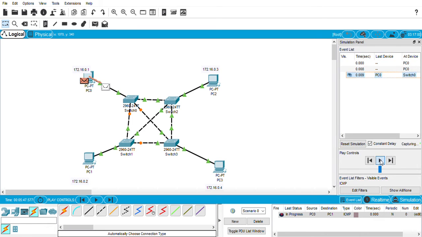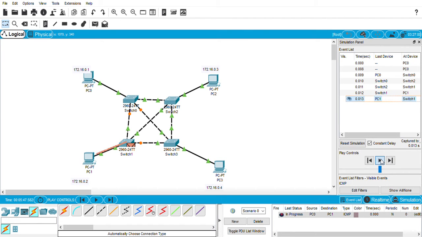It sends the packet to switch 0, from switch 0 to switch 2, then switch 2 to switch 1. Because there is a problem with the connection here, it automatically selects the alternate route, whichever is available. Once it reaches the end device, the acknowledgement is created and sent back along the same path which had been selected already.